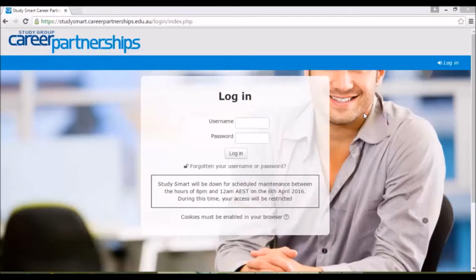The easiest way to get started on your LMS is to go to the following address provided on the bottom left of the screen, which is studysmart.careerpartnerships.edu.au. Once you've arrived at this address, you will come into this login screen here, which will ask for your